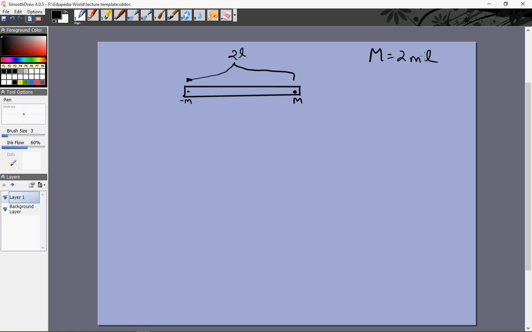M times 2L. Now first we'll try to calculate the magnetic field at an end-on position, that is on the axis, then at a broadside position. But to calculate the field at a random position will be slightly tricky, because magnetic fields are vectors, and it will be mathematically slightly more complicated. So then we'll introduce the idea of a magnetic scalar potential, just like an electric scalar potential. Then we calculate the scalar potential at any point, and from the scalar potential, by differentiating, we'll be able to calculate the field,